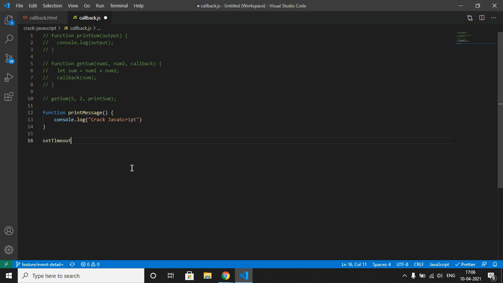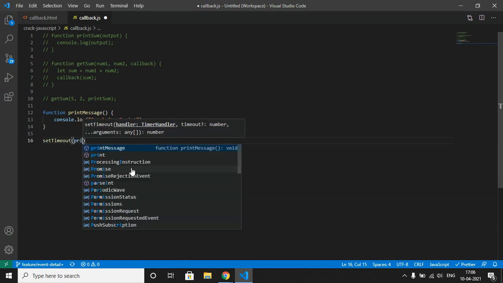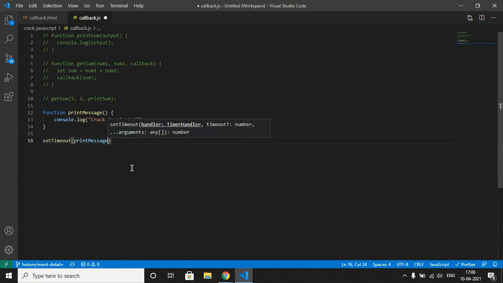Let me use the setTimeout function with printMessage and 5 seconds. Let me run this code. Yes, 1, 2, 3, 4, and 5.